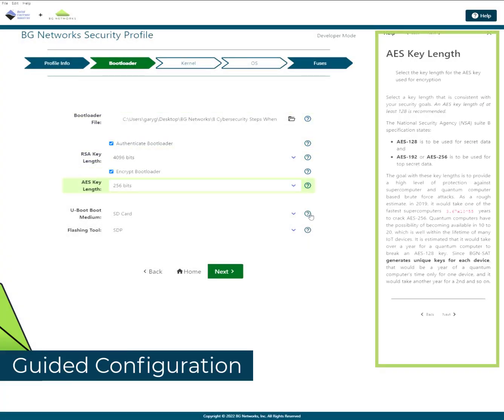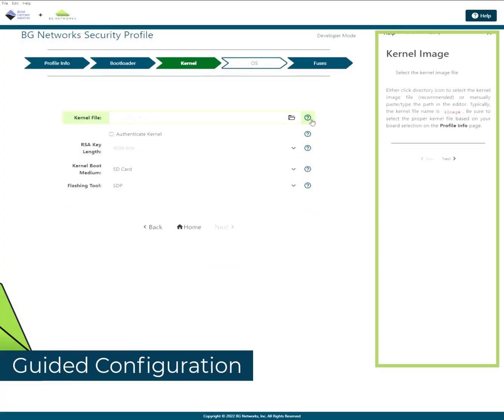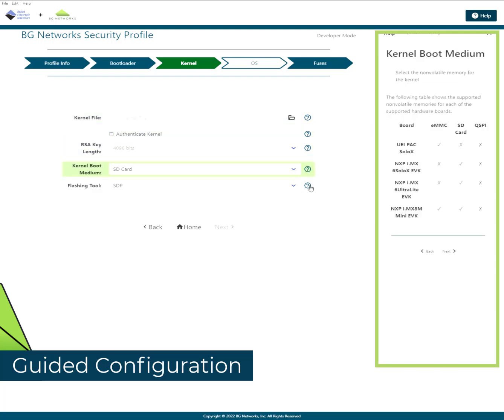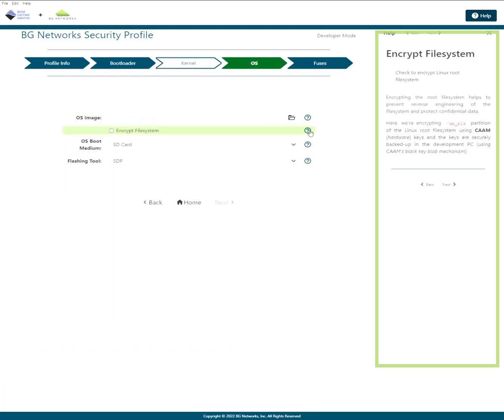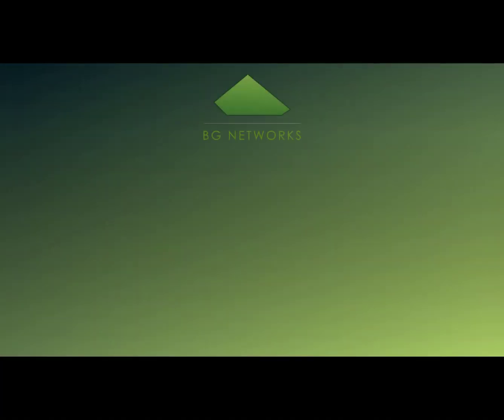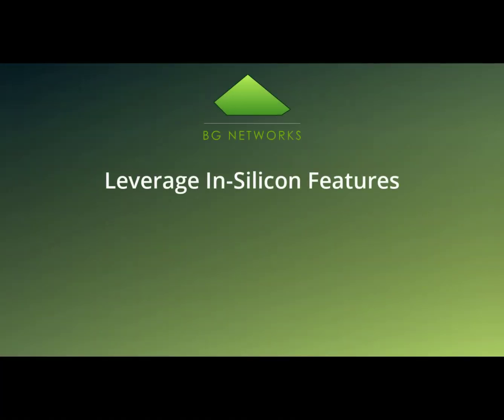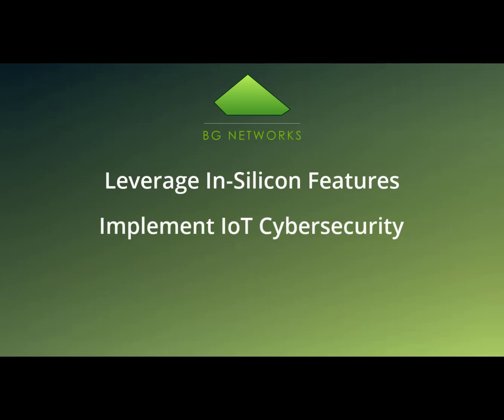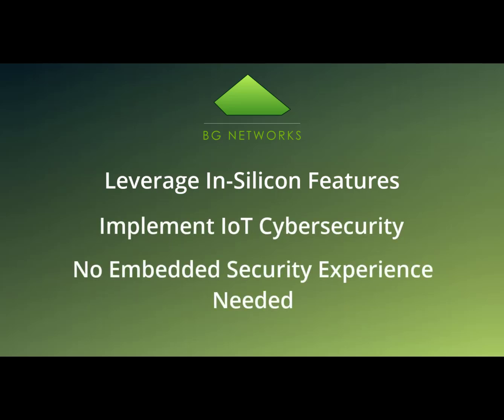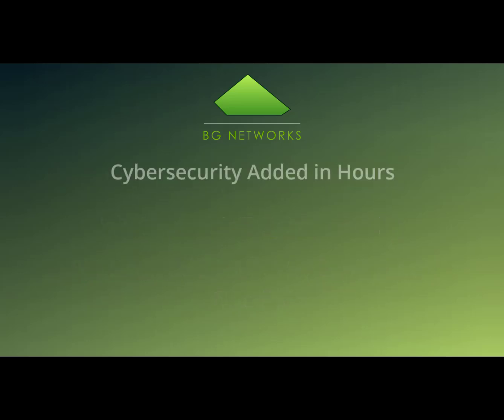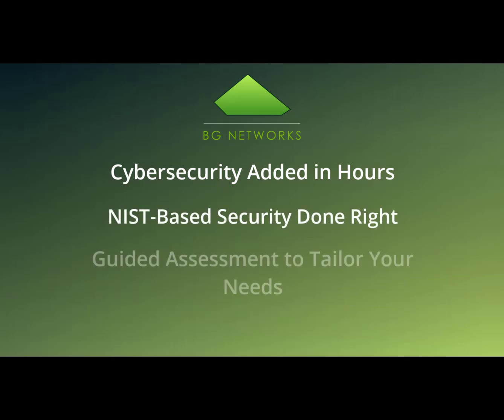Throughout each programming step, the BGN-SAT provides contextual help, guides, and suggestions to define the user's security needs. With the BGN Security Automation Tool, engineers leverage in-silicon security features to quickly implement IoT device cybersecurity without needing extensive embedded security experience. It is easy to use, fast, secure, and customizable to your product's needs, reducing development time and